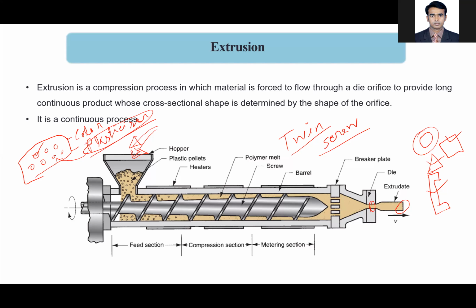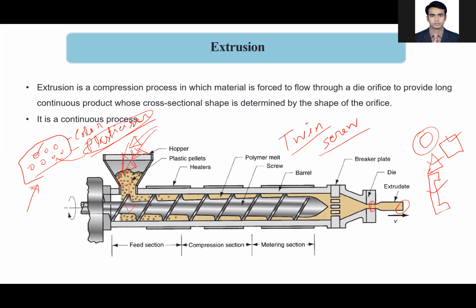And another thing is that if you want to modify the plastic for the production of composites or something like that, then you can add fibers or nanoparticles. These things are added in the hopper. These are the raw materials for the final product. When raw materials are added through the hopper, it's gravity fed. There is no external means of feeding these particles. These are solid particles, and the mixture is poured into the hopper, and then it moves to the screw's